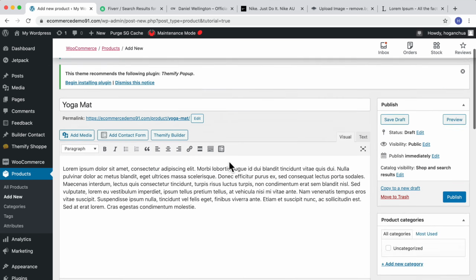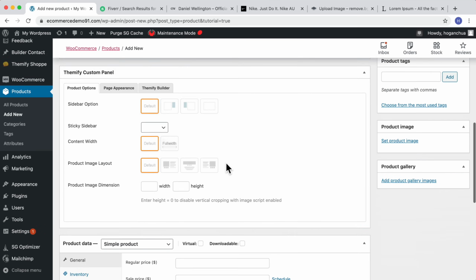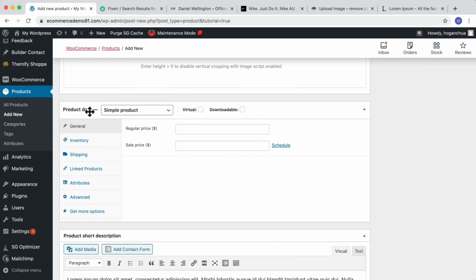All right. Then over here, we want to scroll down to the product data. Here we're creating a simple product, so just one product. I'll show you how to create a variable product later as well. And our product is going to be physical, so we're not going to select this. And let's just say we set in a price of $59. You can also set in a sale. So basically, you can also schedule it as well. So let's say if you have a Christmas sale or end of financial year sale, then you can schedule that